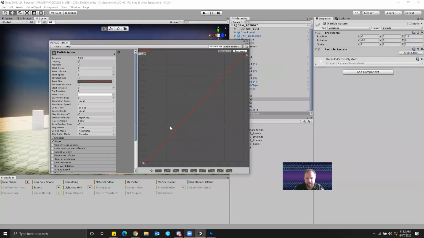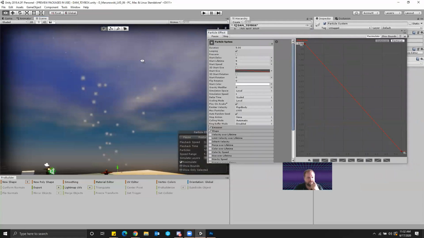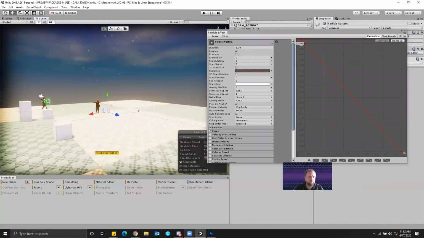I want big first and then little dots afterwards. So we can just flip this and go from 1 to 0. And now we have something that starts big and then goes little. It's still really far away from itself, though. And so we need to change